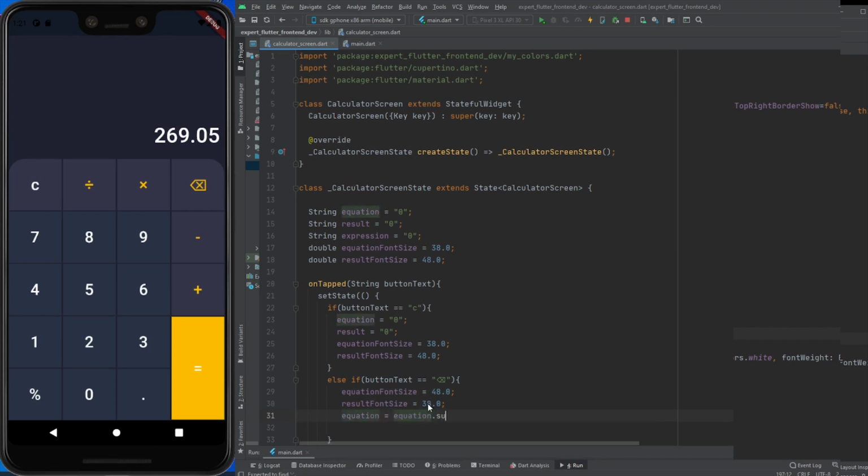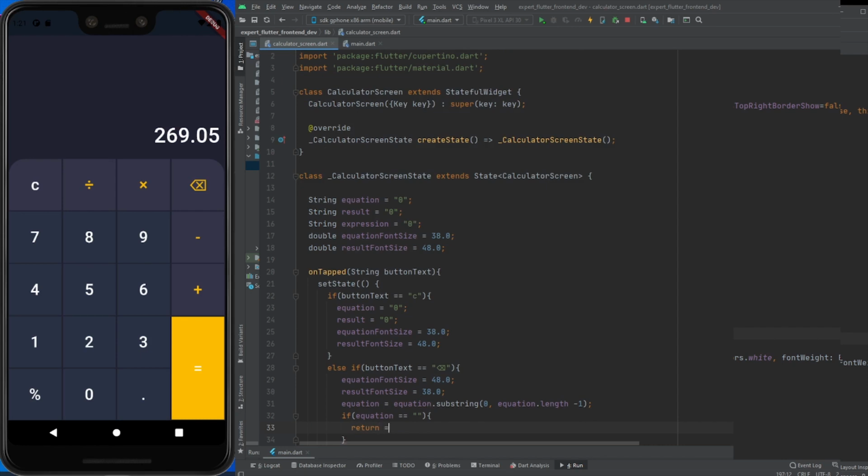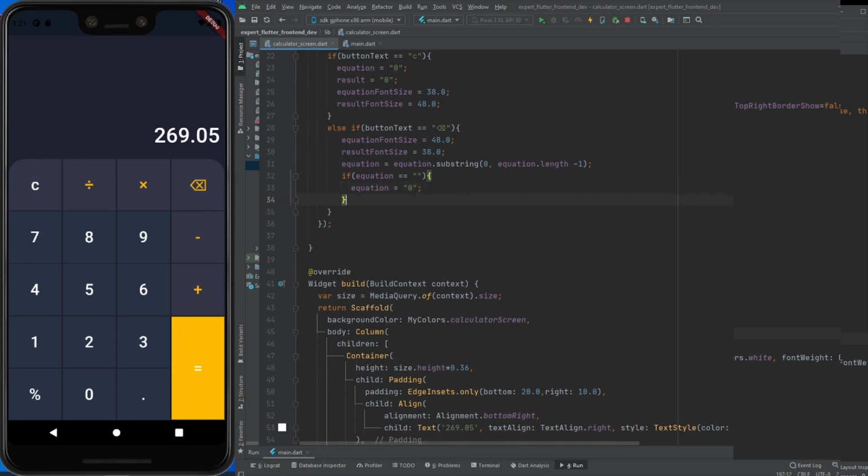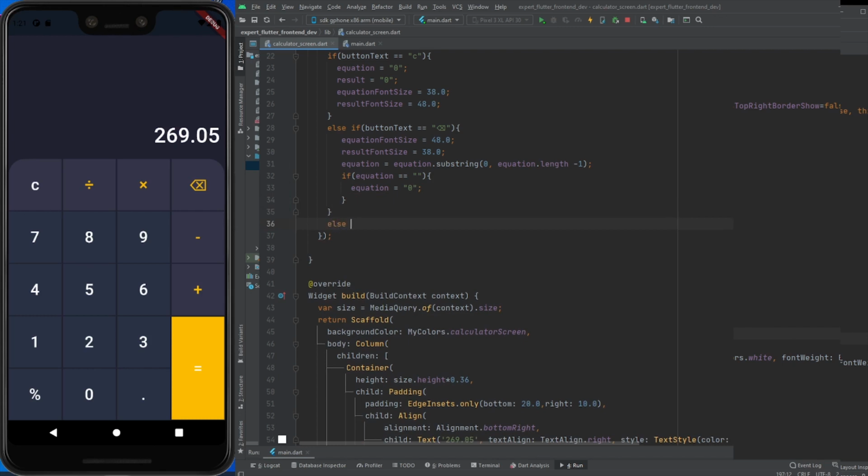Equation contains a function like substring, so from there I will decrease the equation length by 1, from 0 to -1. And if equation is empty, then the equation will be equal to 0.